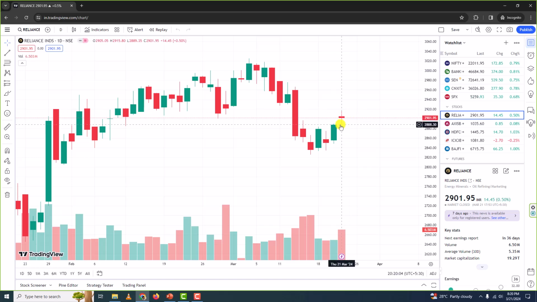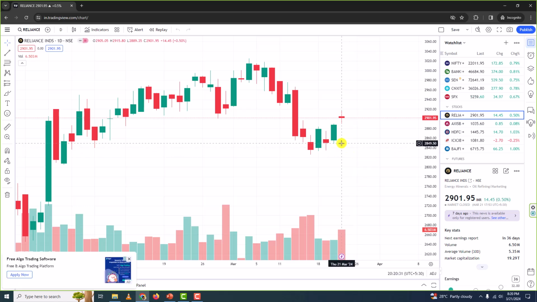This is a candlestick of 1 day time frame, meaning this candlestick represents the price movement of the stock of Reliance company over 1 day. And which day is it? You can find it here. Look at this when I move my mouse over the candlestick. It will be displayed in black color over here. So you can see that it is Thursday 21st March